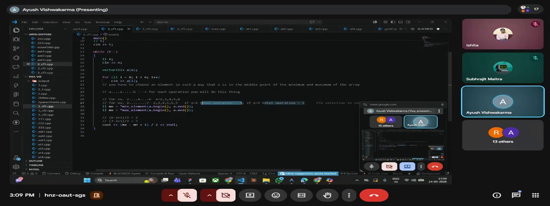And at this point, you can say that your answer is minimum, and the total operations that you have to answer is your minimum. So what you can do, you just have to find the minimum element of the array and the maximum element of the array. And what you can do, you just take the middle element. And why have you done +1? Because by adding +1 you can get the final answer, or otherwise you just have to take the ceil value of maximum minus minimum divided by 2.